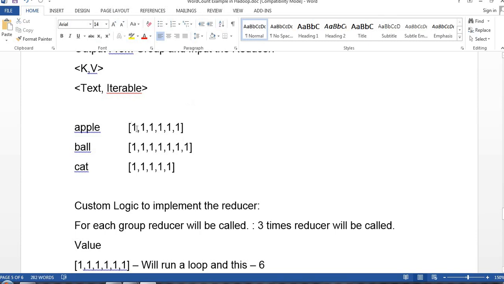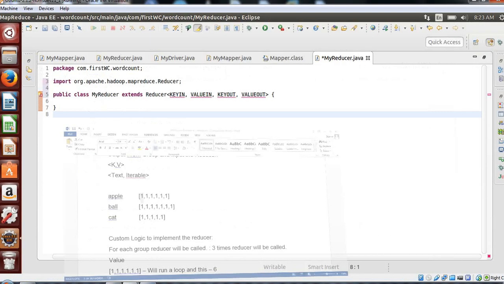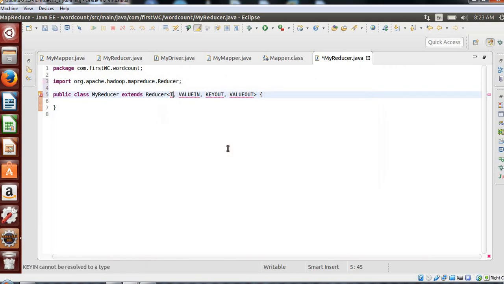But each value consists of IntWritable, right? A group of IntWritable is inside the Iterable. So I can say my input is Text and the group of IntWritable is forming the Iterable. So the actual data type will be IntWritable. So we'll add it here: Text is my expected input, and the value input will be of IntWritable type.